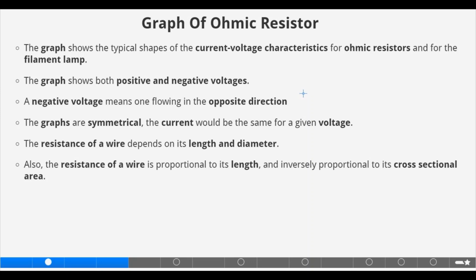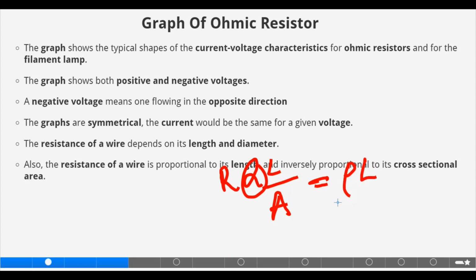If you want to know the resistivity of a material, you can know it through the resistance. R is directly proportional to the length and inversely proportional to the area. Now, this proportionality constant will be written as rho L over A. This rho is our